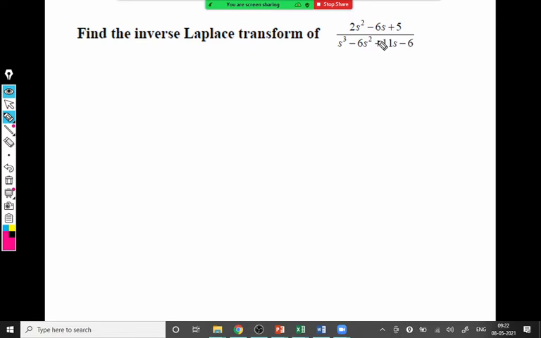Whenever a rational function is given, our aim is to get the inverse Laplace. If it is a quadratic, yes, we can make a complete square if there is a quadratic equation in the denominator. But it is not quadratic; it's a cubic. So for a cubic equation, you can try to find the factors first. Our aim is to get the factors of the denominator and then do partial fractions. Now again, I will tell you by putting values like 0 and 1.